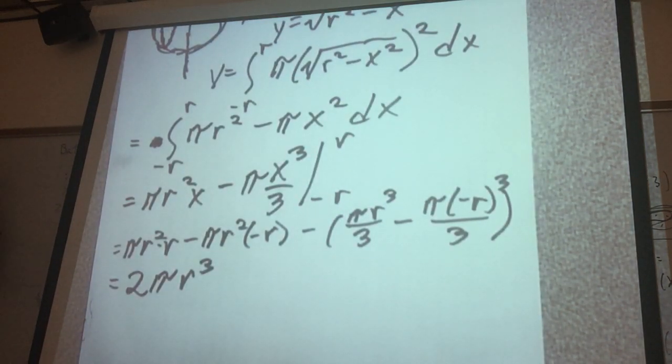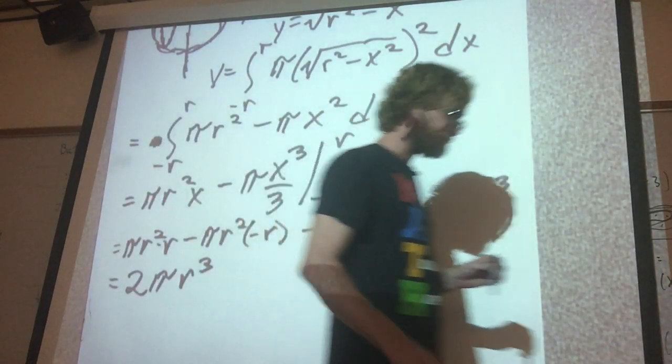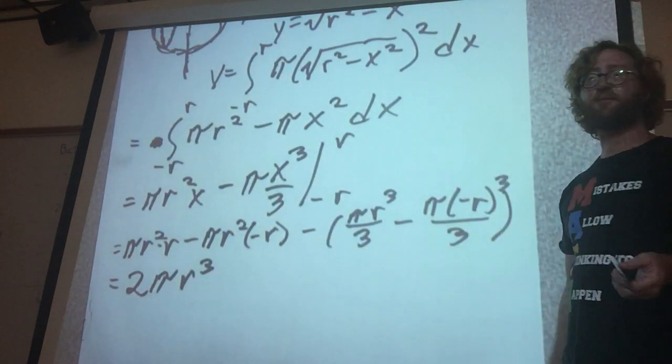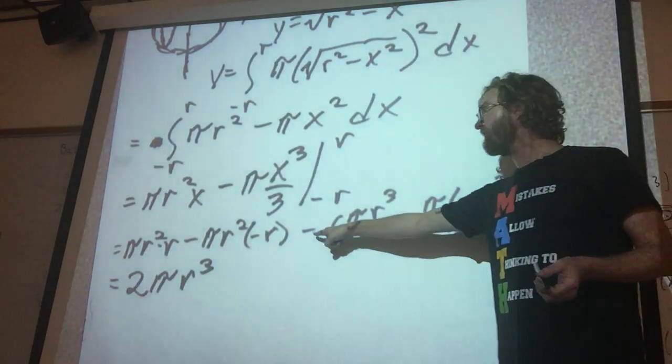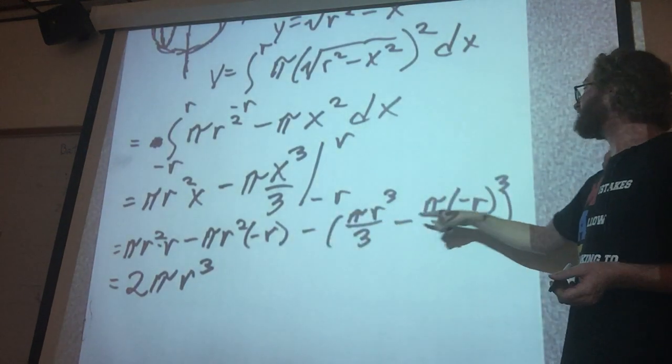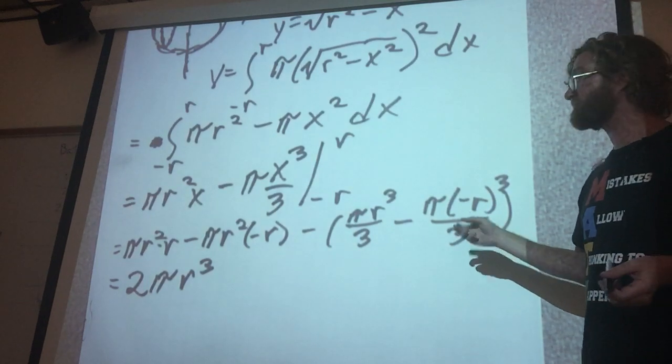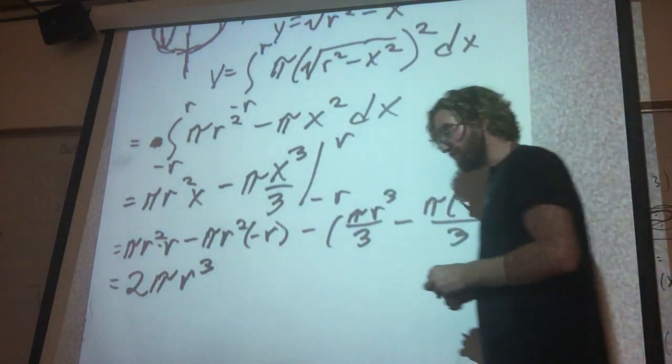And now we have to count how many minuses we have on this one. So, this is negative already, so this is going to be negative pi r cubed divided by 3. And when we count these minuses, minus, minus, and then another minus. So since we have 3 minuses, this guy is also going to be negative. So we have 2 pi r cubed, and then minus,